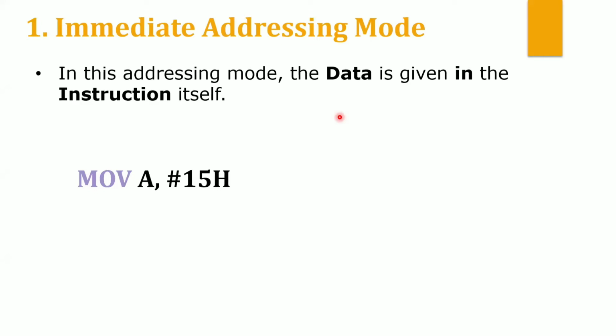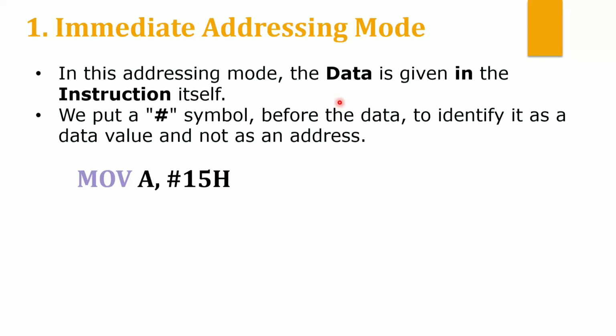Now there is an instruction MOV A, #15h. What is meant by move? Move means copy the data from one location to another location. Here I'm giving the data 15 to the register A. How do you know it is data? It can be an address also, right? If there is a hash present in the instruction, that is called your data. So whenever you see the hash in an instruction, that is data. That means I am giving the data 15 to the register A. Now register A will contain 15 after executing this instruction. Understood this much?